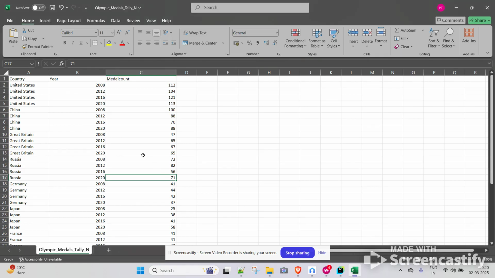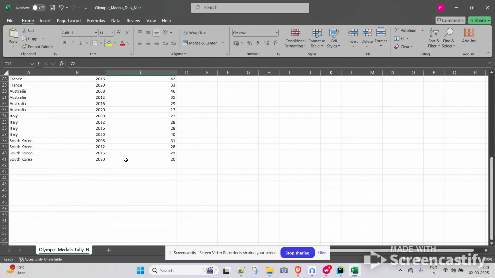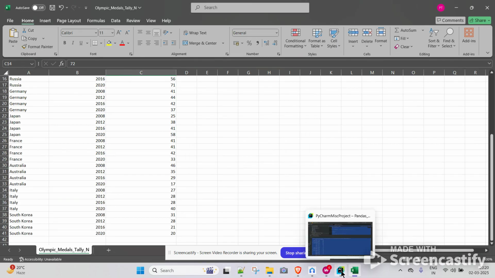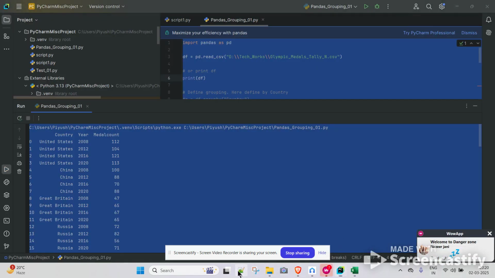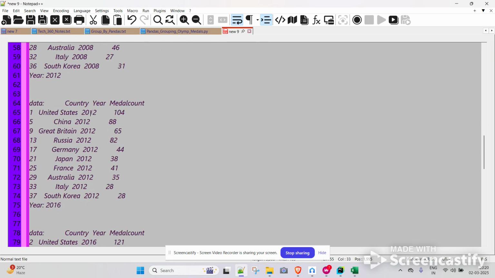As we can see in the csv file, and then we get the results here. So we have year wise different data for different countries. So we have like US winning 112 medals in 2008, China having 100, GB having 47, Italy having 27. Then for the year 2012,